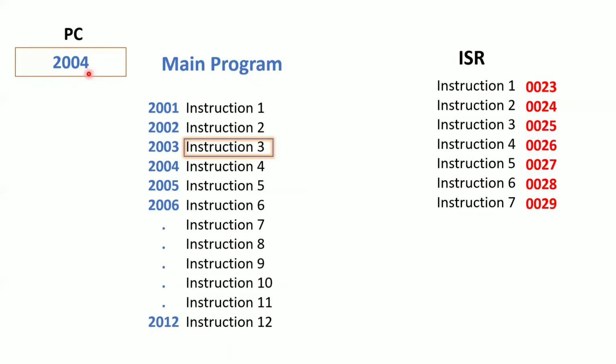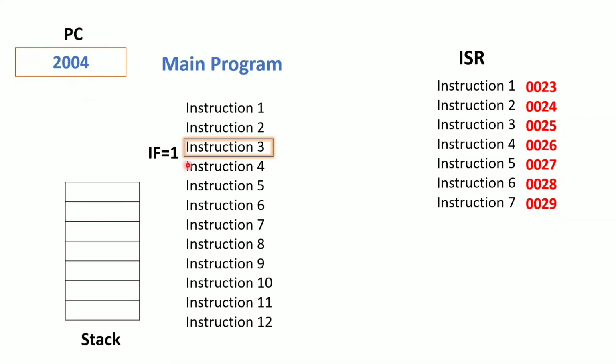Now why am I discussing this? Because the processor has to know, so I want to show you the same page which you saw earlier, after execution of the call. Now what we need to do is store the current state of your program. Why do you need to store the current state? Because if you save the current state of your program somewhere and go to the interrupt service routine, execute that program, then after coming back, you will restore that state. Whatever point the main program was executing at, you need to restore that state from that point. So that's why you need to store the current state of the main program before execution of your interrupt program, right?